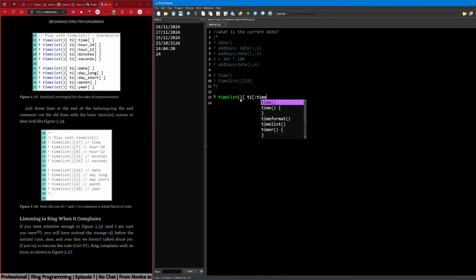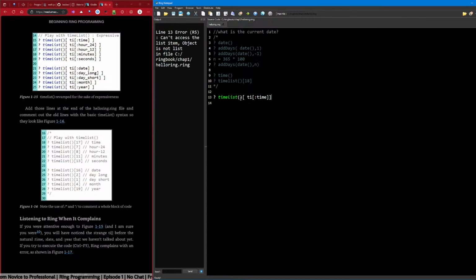TI time. That don't work. Time list, open bracket, TI, bracket. Is it, do I need a space there? Is it that picky?